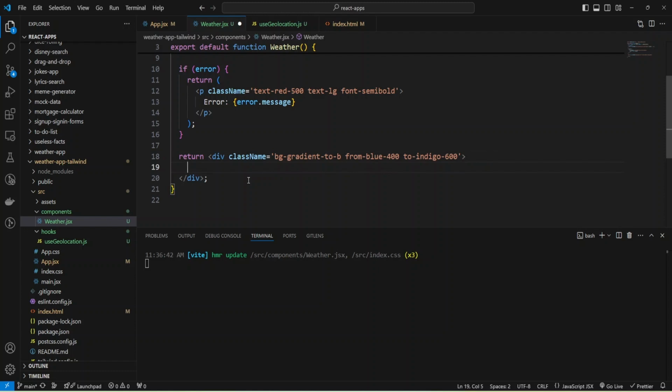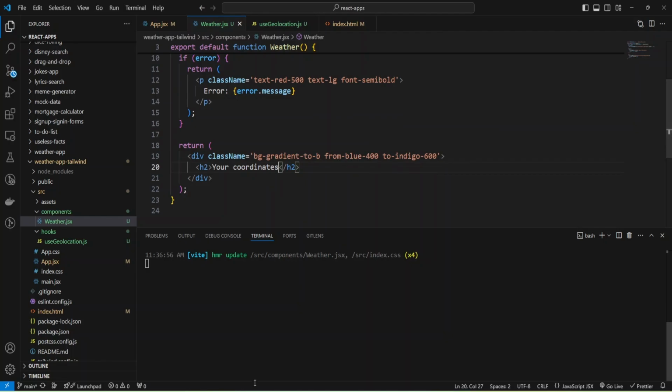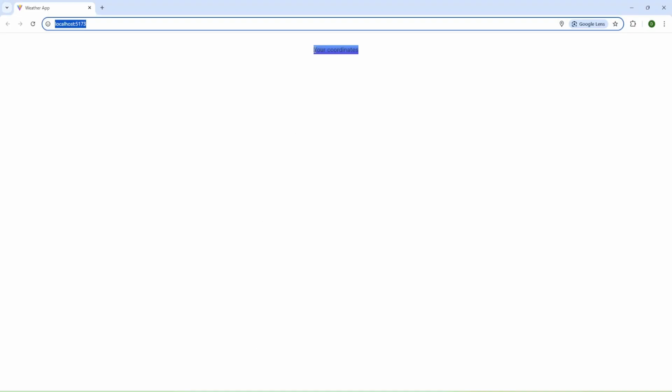Okay, and let's add some h2 tag and provide the text your coordinates. And let's check what we have. Okay, we have our background and your coordinates.